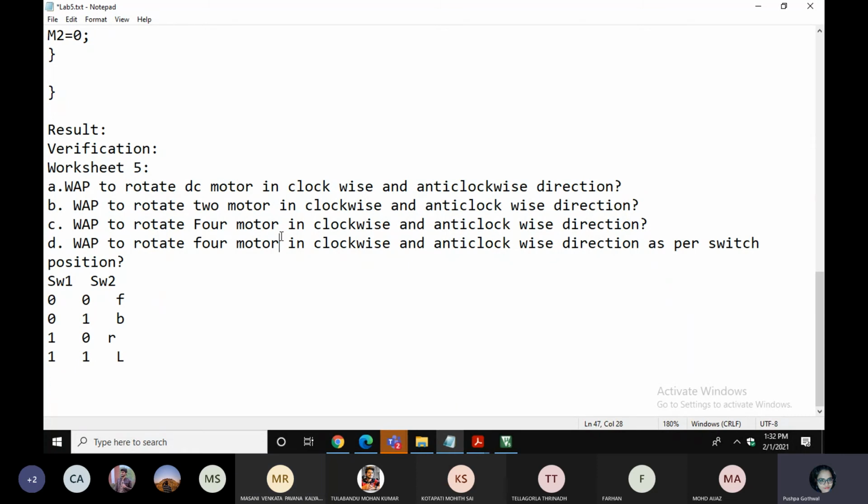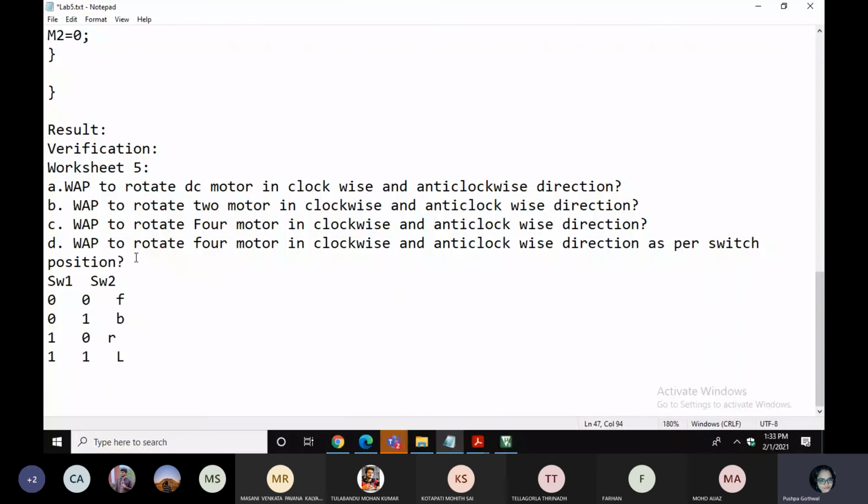And part D: you have to rotate your motor as per the switch condition. If the switch is 0-0, your motor should be in a forward direction. Choose which motors give a forward direction. If it is 0-1, your motor goes in a backward direction. If you use 1-0, basically these four motors are connected to the four wheels of your car.